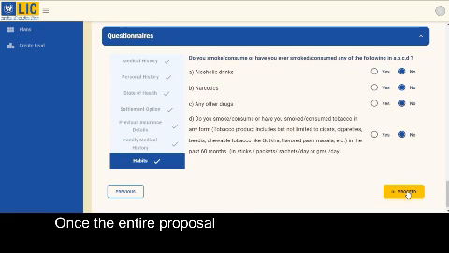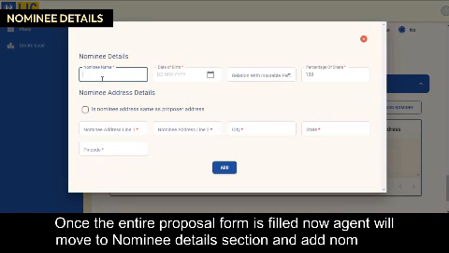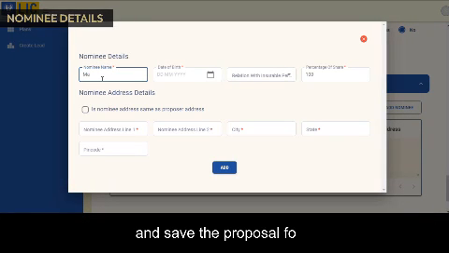Once the entire proposal form is filled, now agent will move to nominee details section and add nominees and save the proposal form.